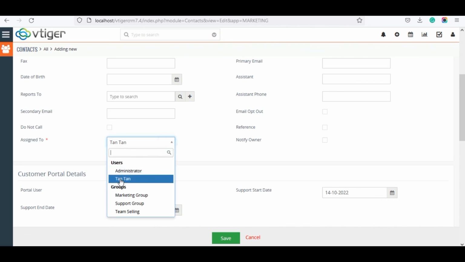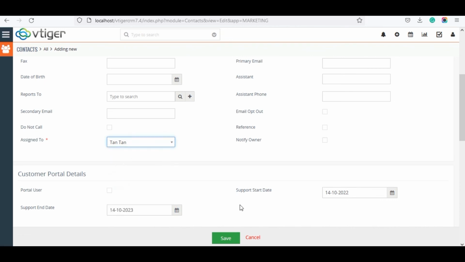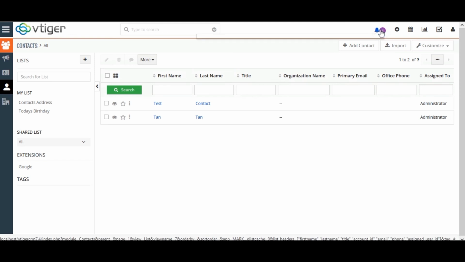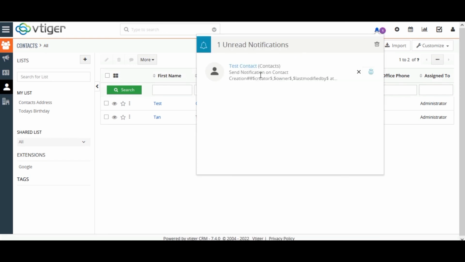I will assign my user account to the Assign To section. Then fill in all the required information and click on Save. Once the admin creates a contact, a notification will be displayed on the bell icon of my user account. It shows the contact name, the date and time when the notification has been received, and based on which workflow